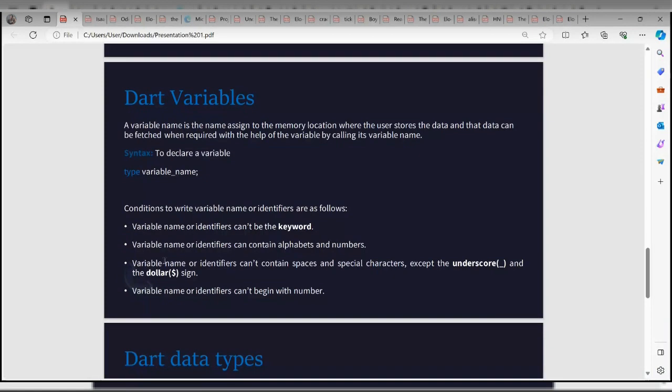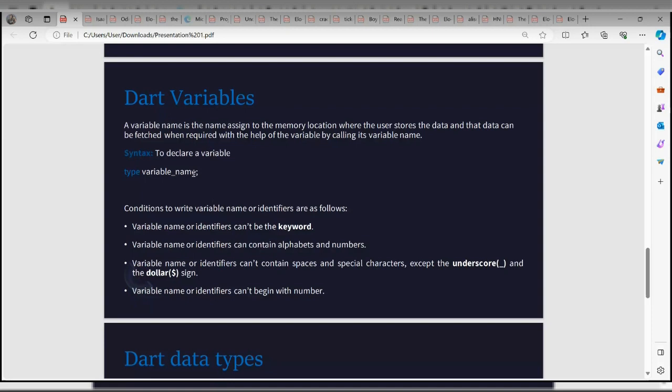All right. So the next rule: variable names or identifiers can't contain spaces. So we can't have variable, then space, then name.